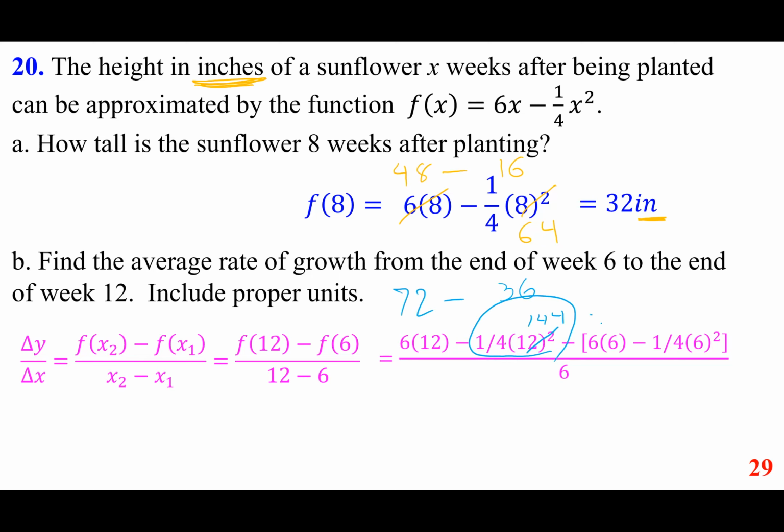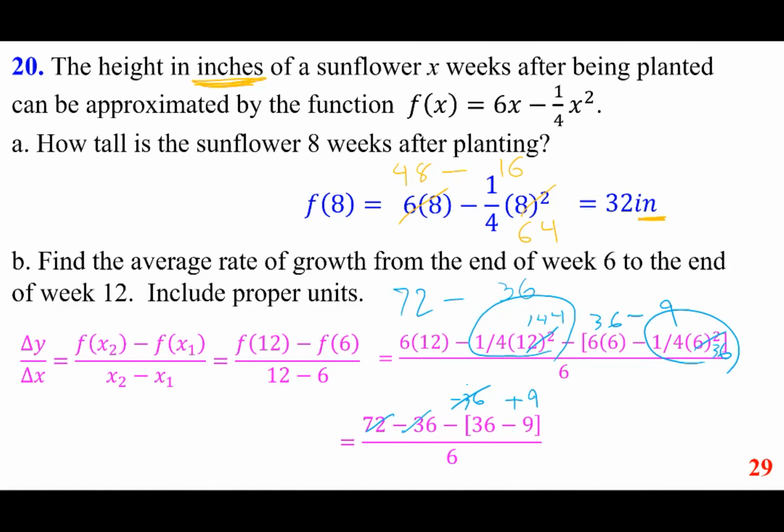Over here we have 36, and this is 36. But 1/4 of it is minus 9. I hope you see that this cancels out this one and this one. So you have 9/6, or 3/2